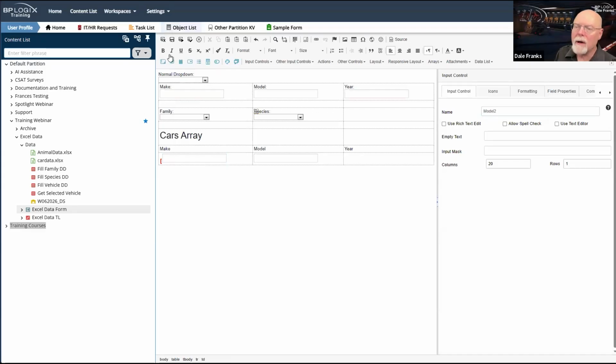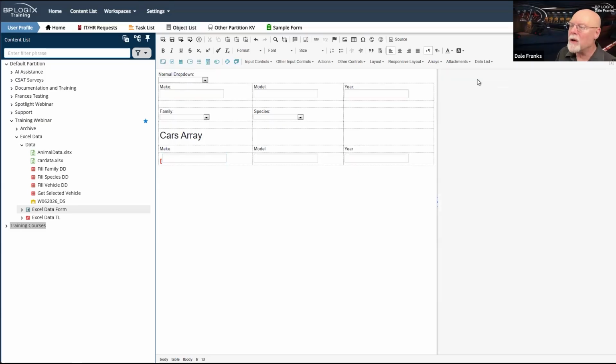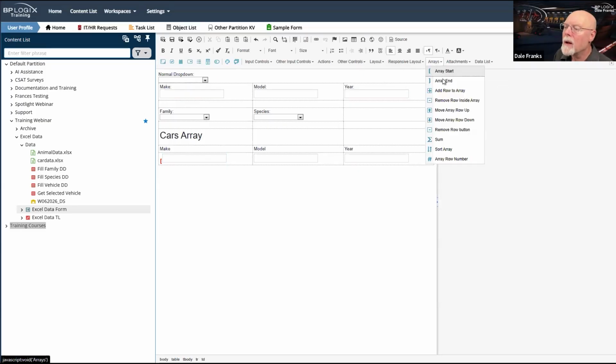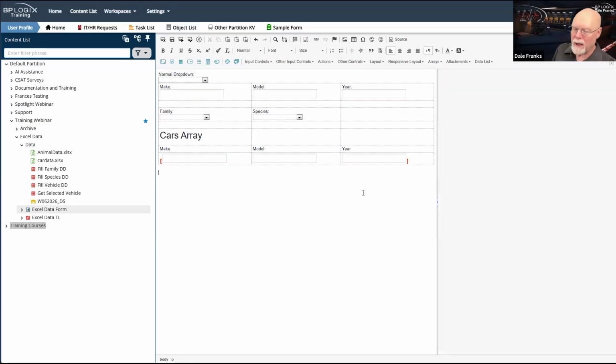And then for year, we're going to need year2. And that should end our array. Array end. Okay, so I have an array for make, model, and year.